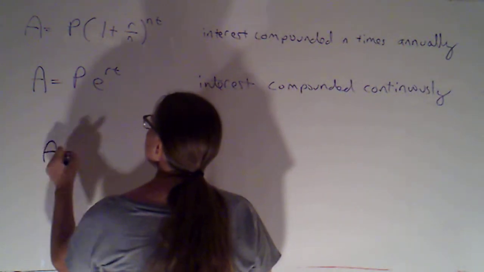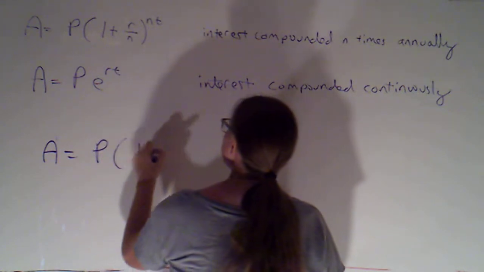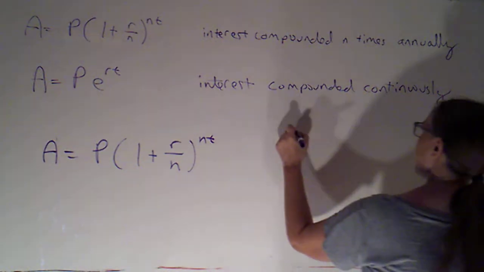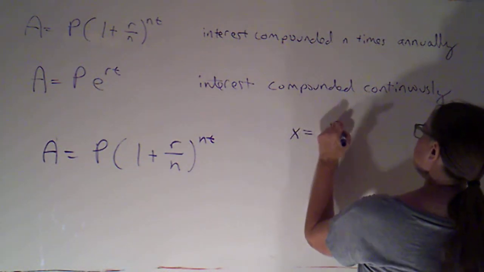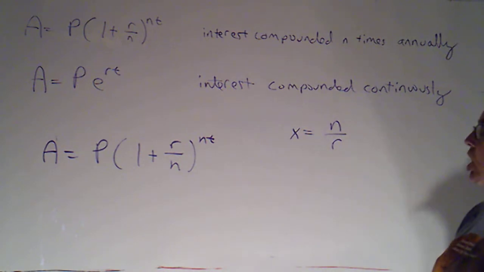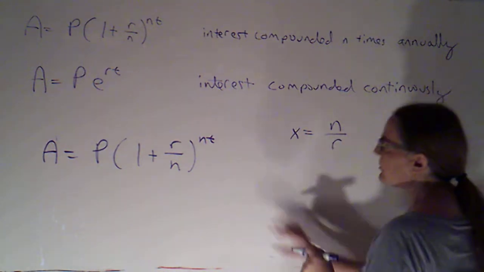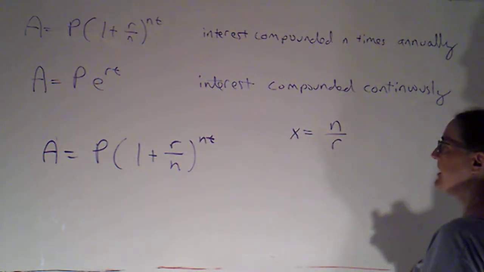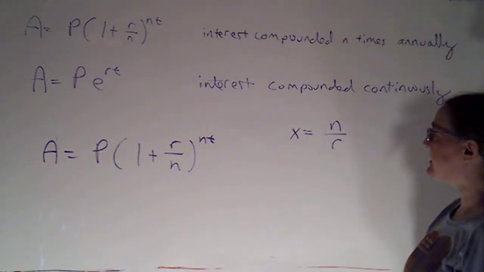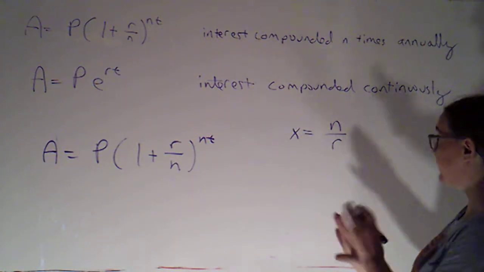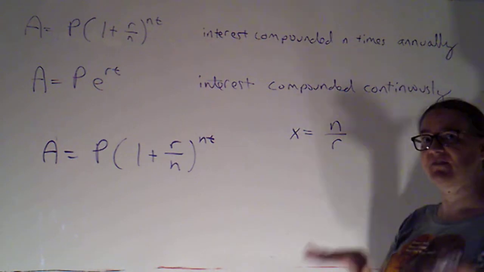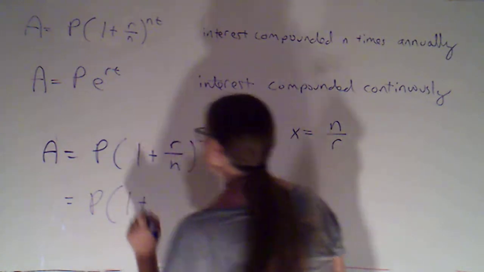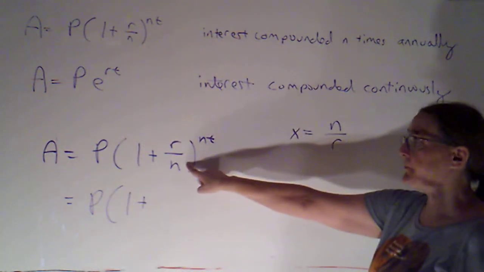So I'm going to start with A equals P times (1 plus r over n) to the nt. And I'm just going to do a change of variables. I'm going to let x represent n over r. Okay. So it's the reciprocal of this interest rate per compounding period. And I'm going to try to introduce x's and get rid of the n's. I'm not going to get rid of the r's, but I can get this in terms of x instead of n. Okay. So if I do that, this would be P times 1 plus